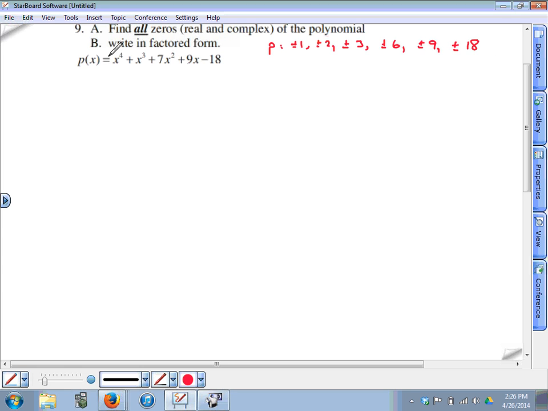Now q are the factors of the leading term, the leading coefficient of the leading term. But since q is just 1, if you divided each of the factors of p by 1, you would end up with the same factor. So this list of p is actually the same as the list of p divided by q, since q is equal to 1. From this list, we choose numbers, use synthetic division to see if we get a remainder of 0. If that happens, that means we found a 0 of the polynomial. So 1, for example, if we wanted to test positive 1,